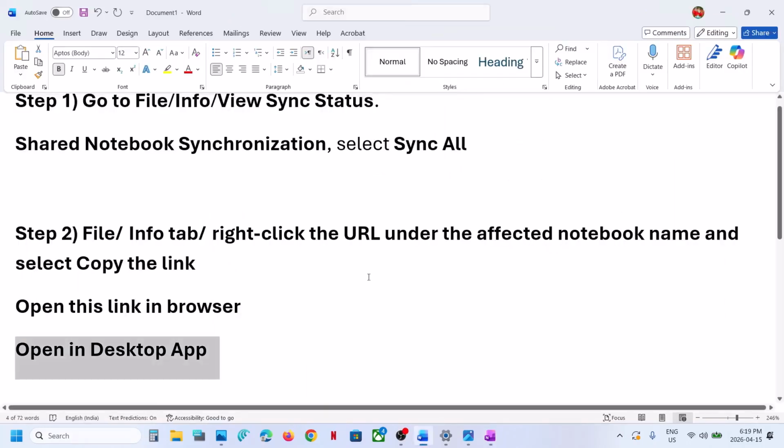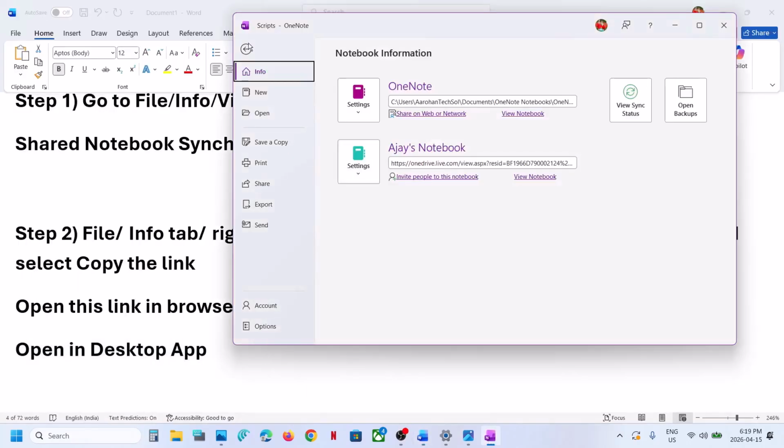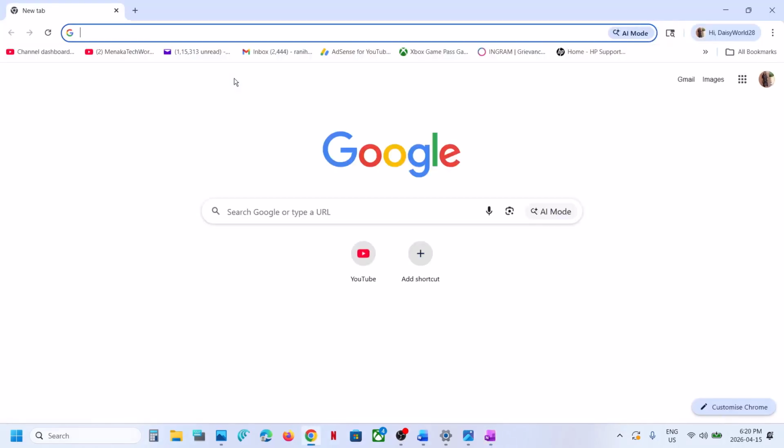Now the next step is to go to OneNote once again and then go to File, Info, and then you have to copy the URL of the affected notebook. So this is just an example. You can copy this URL and then you can open this in a browser. Once you open it,